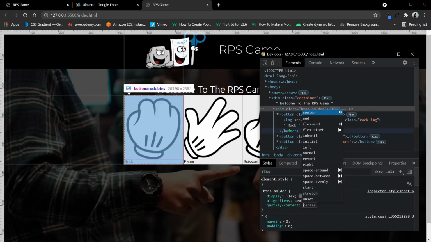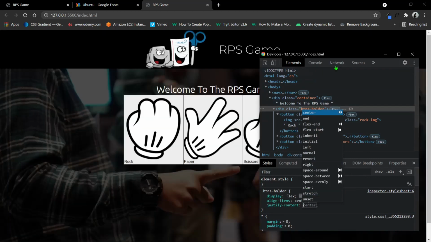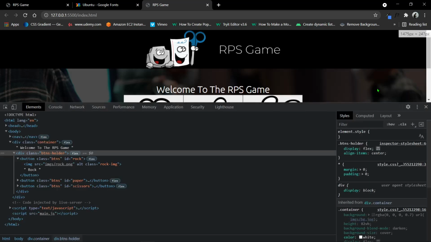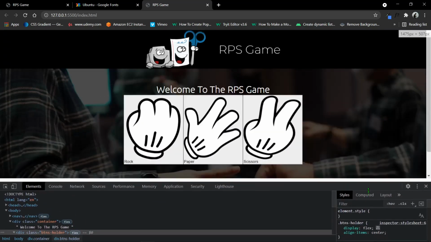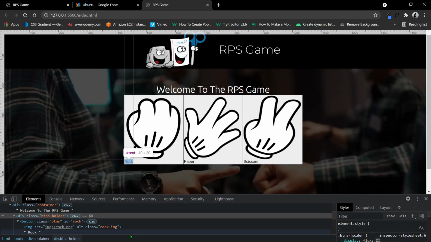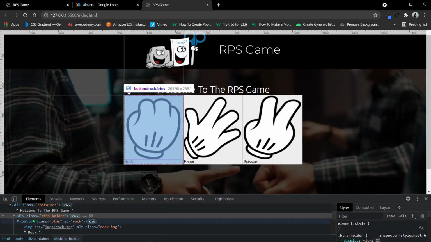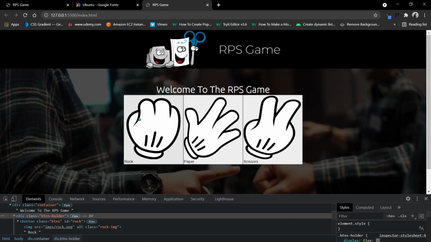Now nothing happened because, see, the div class btns holder, its width is just this much from here to here. So now we need to set the width to 100%, so that it takes the full width from here to here. Then we can apply the justify content center or align items center property.